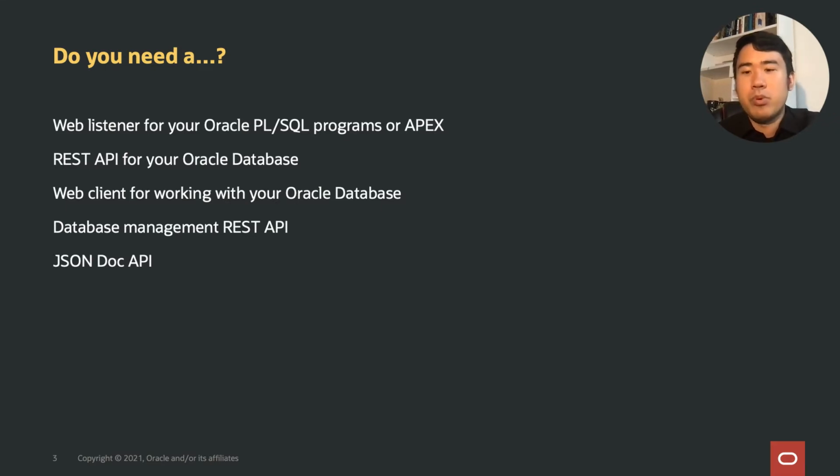And finally, we provide SODA for REST. So if you want to manage documents or collections in Oracle database, ORDS makes that possible too. So, if you would like to know more about those features, you can go to oracle.com/rest. We'll provide very comprehensive documentation and live labs for you to try out those features.